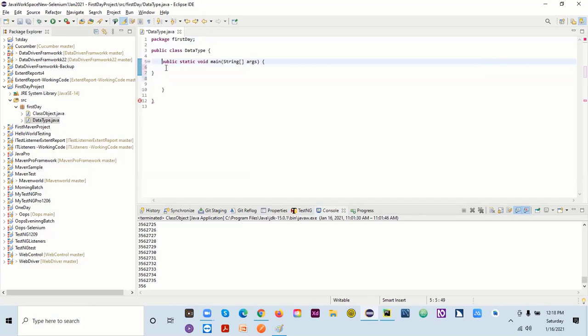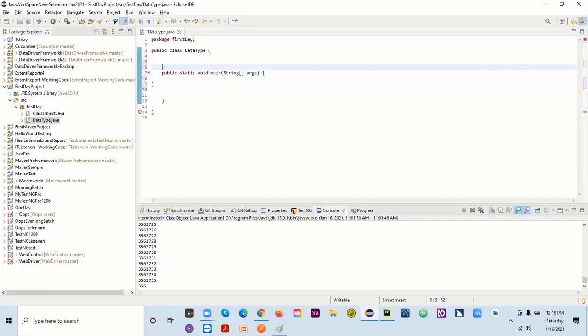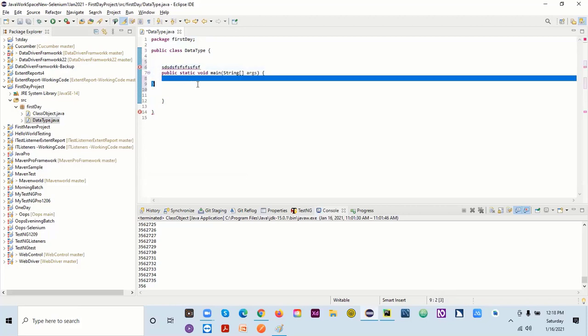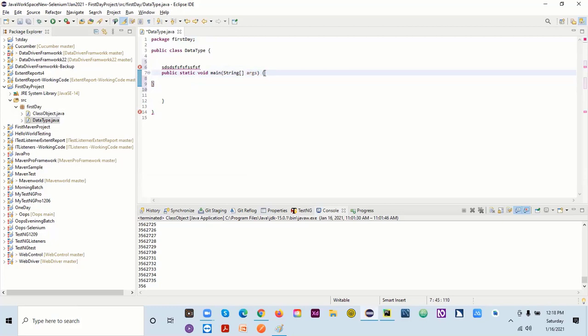One more thing here. When you are working on this Java, whatever you write before this main will not work. So your program will start from here. Whatever you write under these curly brackets will be executed. That will run. If you're writing something above this main method, yes, it will not work. Actually, it will not work. It will not print. It will not perform any operation.